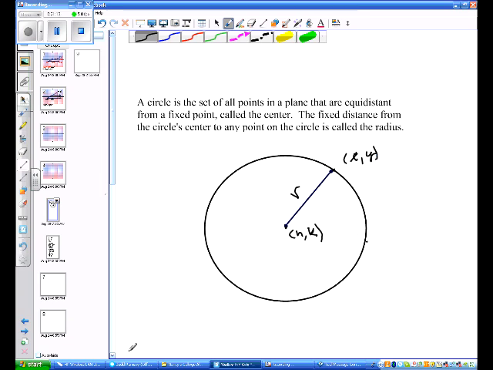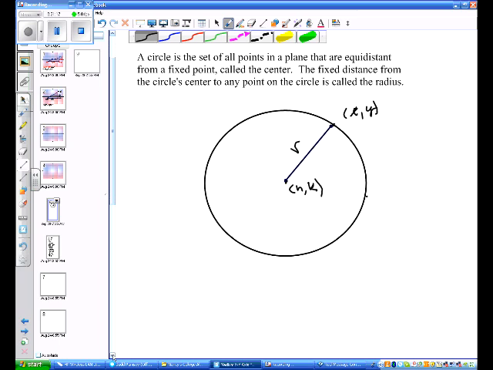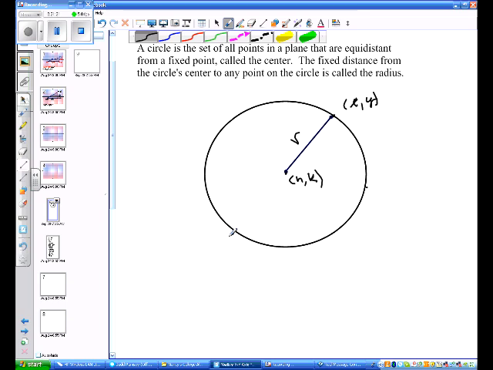Okay, so that's our definition. Now, if we look at what we just learned about distance, then we know that the distance was equal to the square root of the distance squared. So if we're going to talk about our distance here, which is the radius, it's the change in the x's, which would be x minus h squared, plus the change in the y's, that would be y minus k squared,